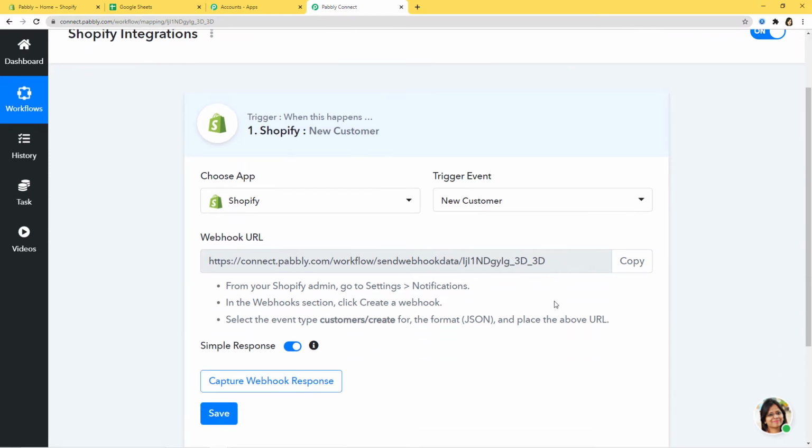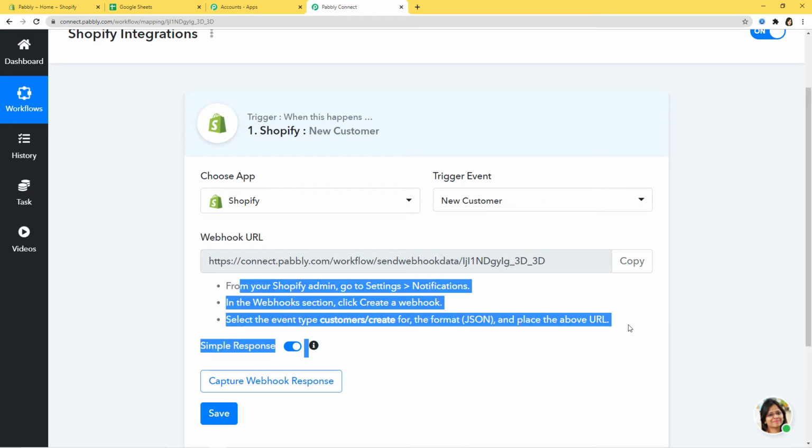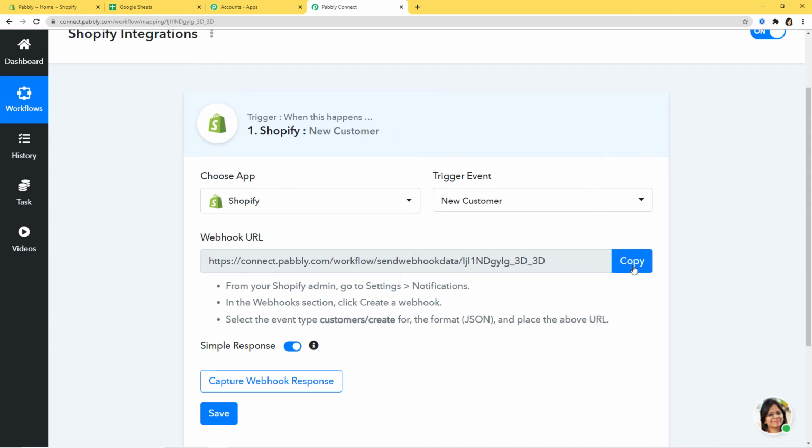So now when you come down here, you can see a term called webhook URL. Now you again might be confused. Let me tell you that a webhook is an essential way to get data from an external software at Pabbly's end. So this webhook helps you to build a connection between the trigger software application and Pabbly Connect. So after choosing the app and choosing the trigger event, we copy this webhook URL from here and paste it inside the trigger software application, which is Shopify in our case. So you can read the instructions carefully and just follow them. So I am going to copy my webhook URL from here and I'll go to my Shopify account.